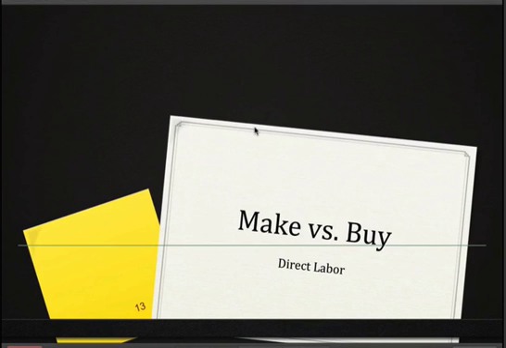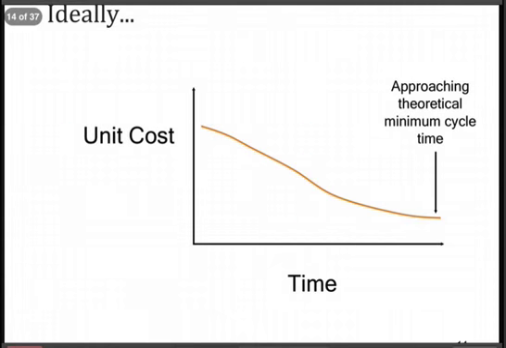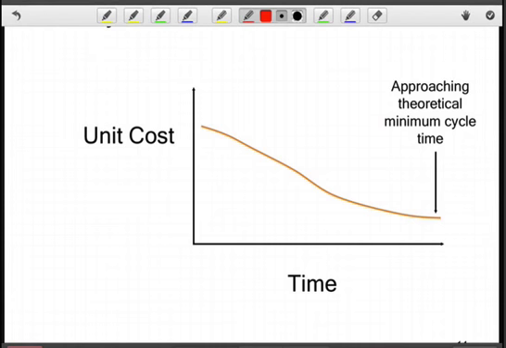The direct labor cost is a little more complicated than direct material cost, and that's because when people enter the equation, there's a lot more variation in terms of their performance and behavior. Well, when we think of an operation, ideally we see the unit cost here on the y-axis